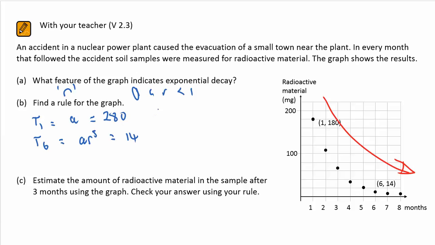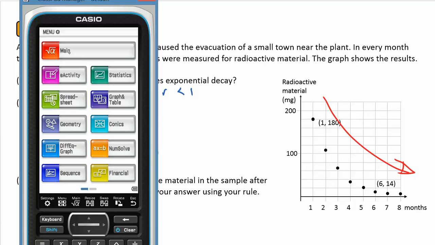In order to find a rule for the graph, we'll write out what we know. The first term, a, is equal to 180. The sixth term, a times r to the power of 5, is equal to 14. And you're strongly recommended to do this on your calculator. On the main screen,